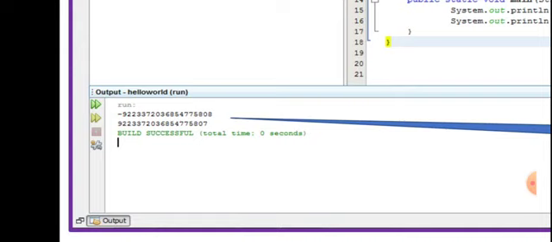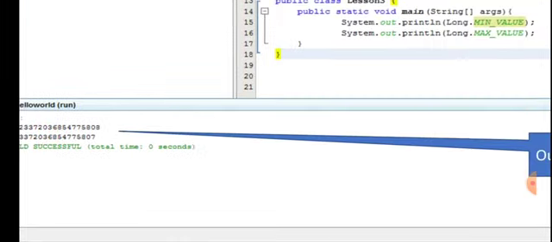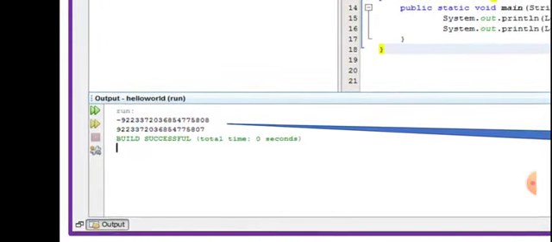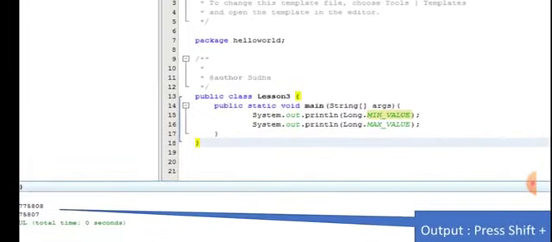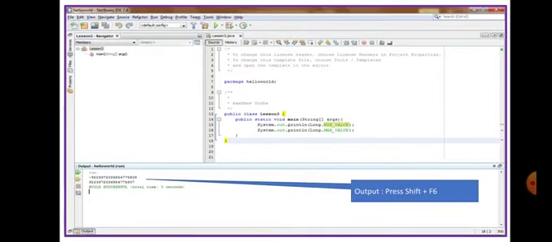You have to remember the formula of minus 2 to the power number of bits minus 1, comma, 2 to the power number of bits minus 1, minus 1. Now the first line is the minimum one and the next one is the maximum one. The minimum one you can easily understand, it has the minus symbol before, so it is the lower range, and the positive sign below is the upper range. Hope this is understood. Previously we have seen it for short, now we have seen it for long. We will see it for others as well.